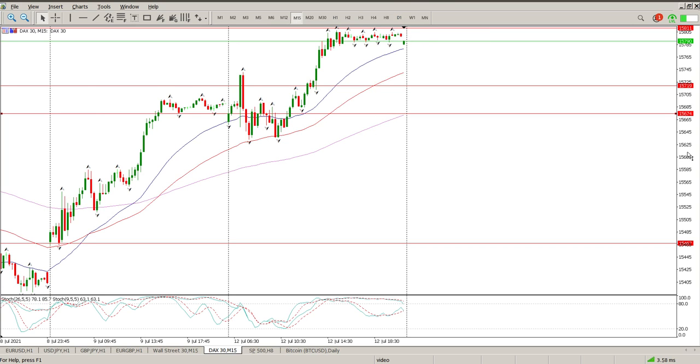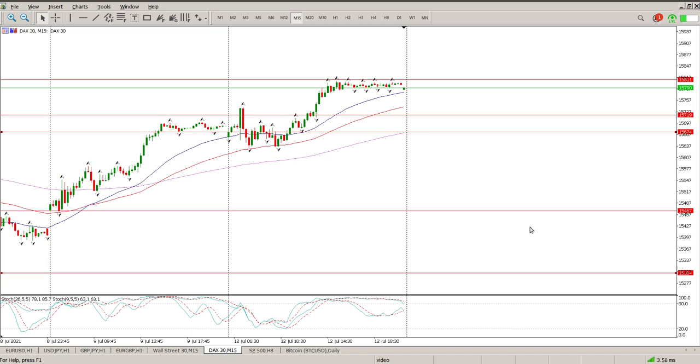I think the trend is up. But we are top of a range. So I'd want to see us pull back onto structure, and then ultimately we need to break and retest 15,800. If we can get above 15,800, then I would agree we're on our way up. But at the moment, I think probably another pullback onto structure, hopefully. And if we can get onto this area here at 15,700 and find some support, your stop will be below the low of yesterday, and then see if you can get a move to the upside.